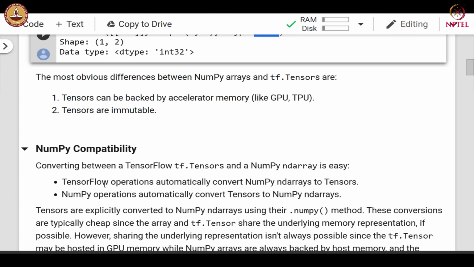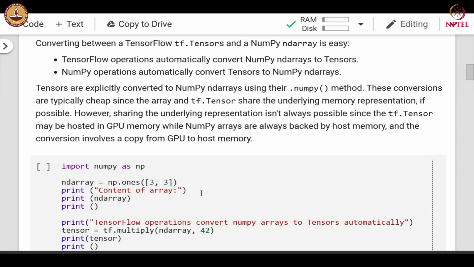NumPy operations automatically convert tensors to NumPy arrays. Tensors are explicitly converted to NumPy arrays using the .numpy method. These conversions are typically cheap because the array and tf.tensor share the same underlying memory representation.